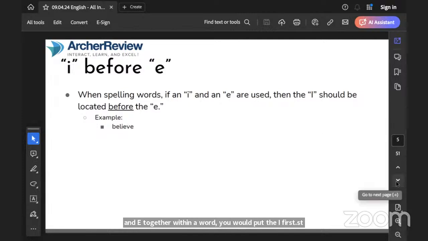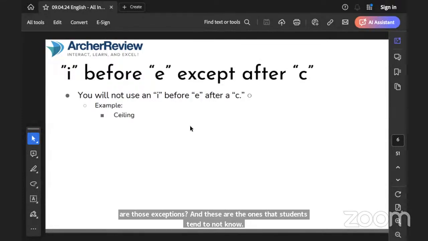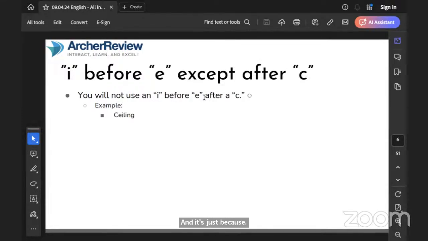However, with the English language, it's never going to be just that simple. There are going to be a couple exceptions. What are those exceptions? And these are the ones that students tend to not know. And it's just because you probably weren't taught this. It's not that you just can't grasp this concept. We're going to teach it to you right now. So I before E